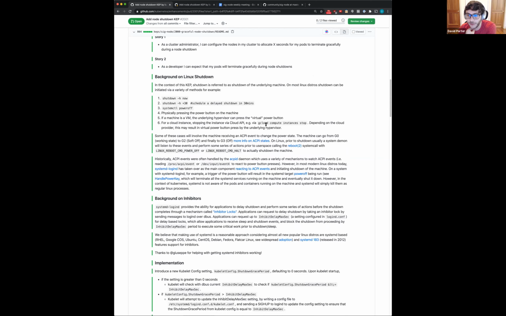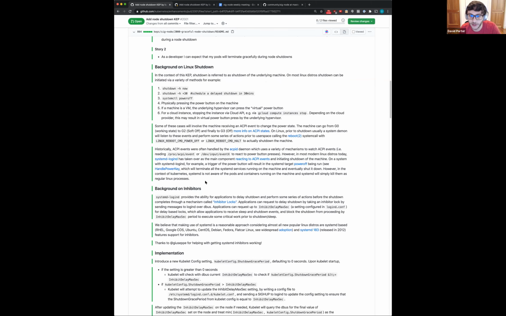But usually what happens underneath is this results in an ACPI event. ACPI events are traditionally handled by some type of daemon running on the Linux machine. It used to be something called acpid, and now it's systemd, specifically logind from systemd, that handles that event on most distros.